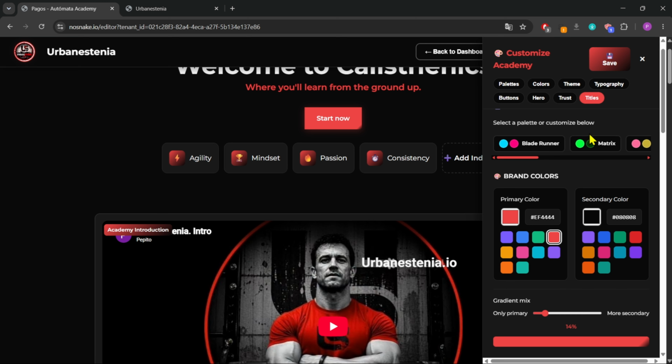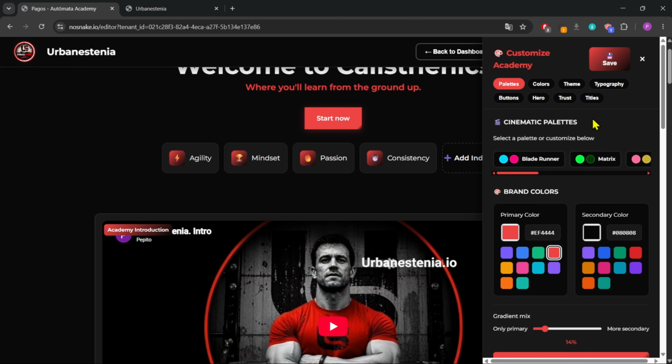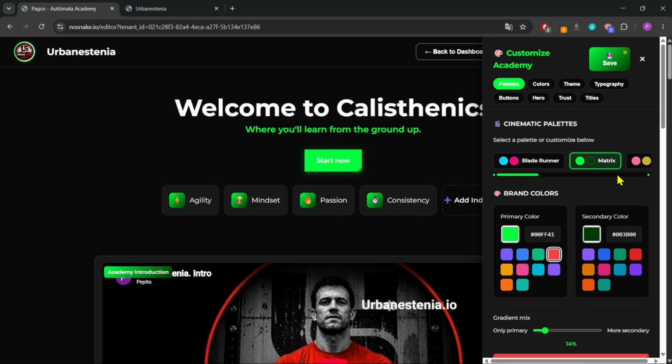aligned to the left or centered, or to change their names. And now let's take a closer look at them. The first thing we've prepared is a color palette inspired by different movies. To give you an example, if we select the Matrix palette, we can see how our landing page adopts the